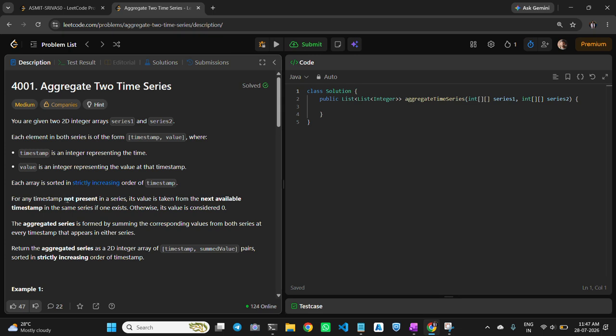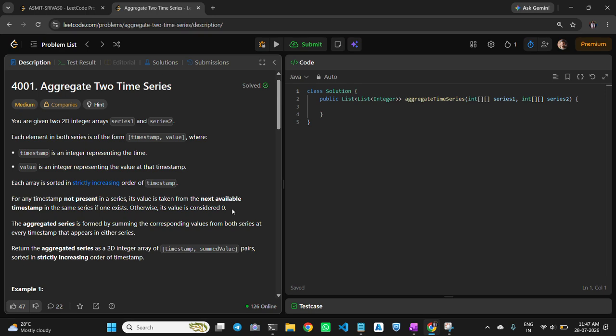For any timestamp not present in a series, its value is taken from the next available timestamp in the same series if one exists. Otherwise, its value is considered zero.